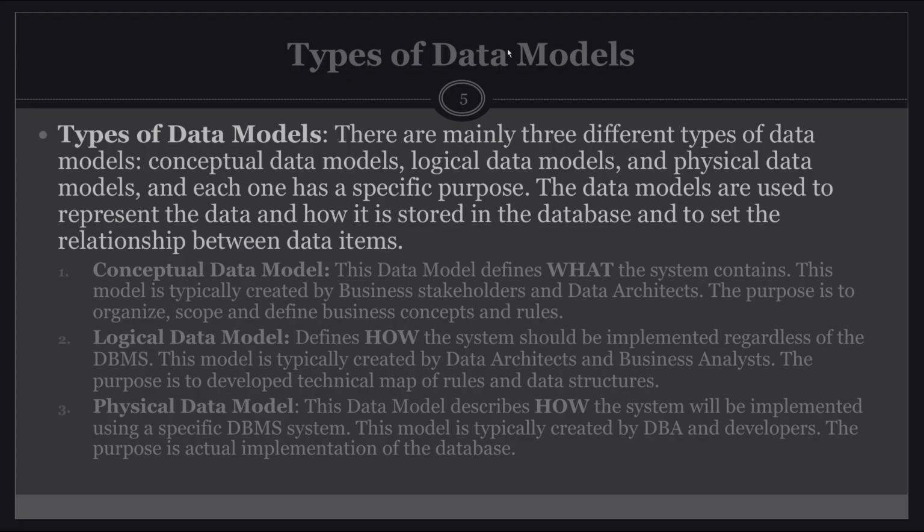So, types of data models. There are mainly three different types: conceptual, logical, and physical. We already covered that. The conceptual defines what the system contains. The logical describes how the system should be implemented before discussing the DBMS. And finally, you have the how of the system's implementation using a specific DBMS. So this is before you get to the DBMS, and this is after, but both of them are about the